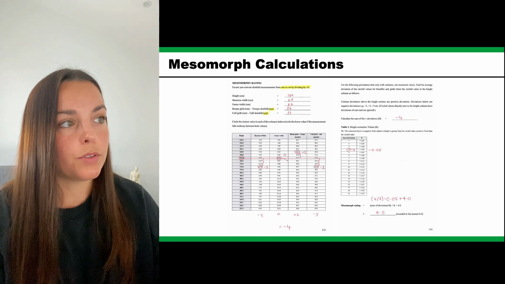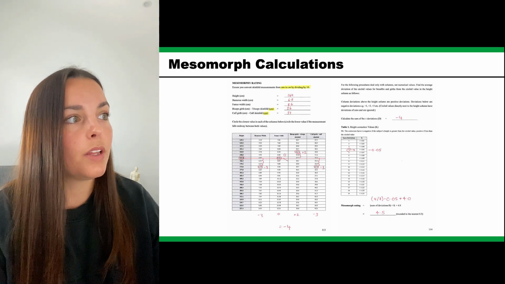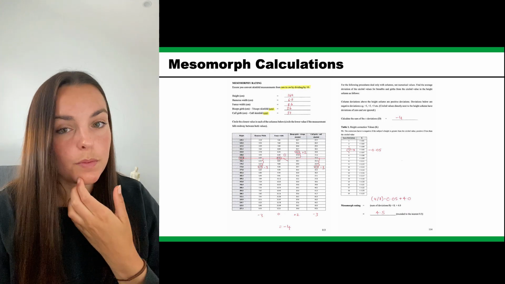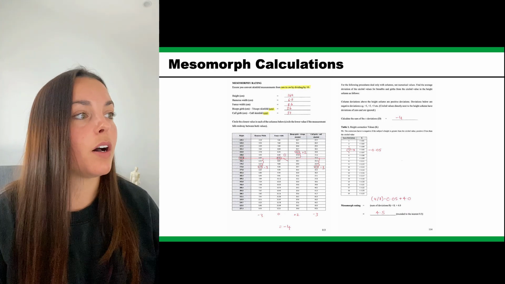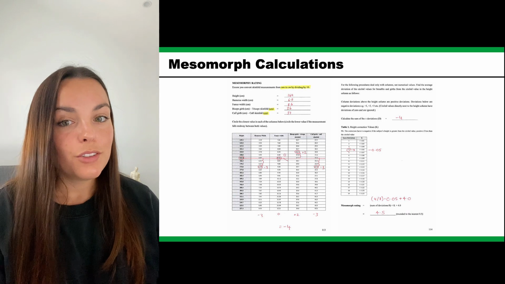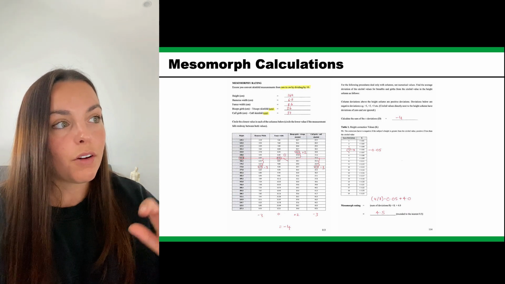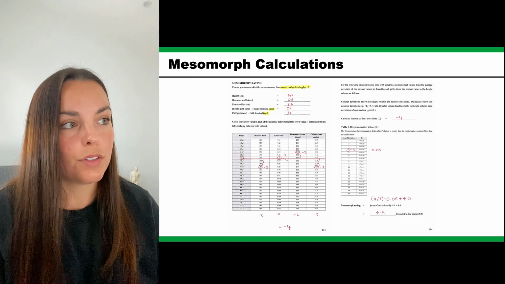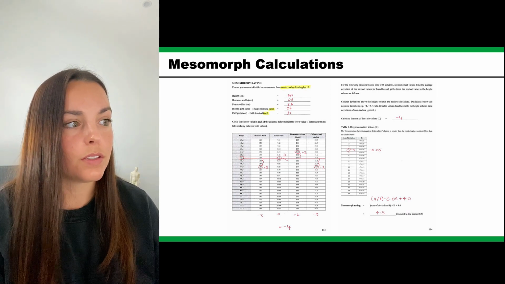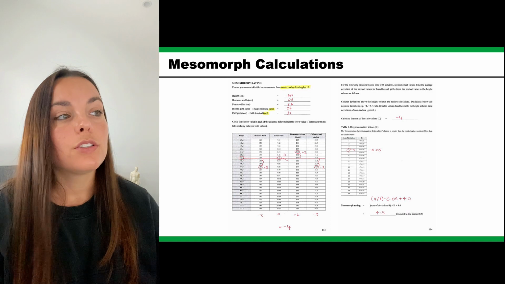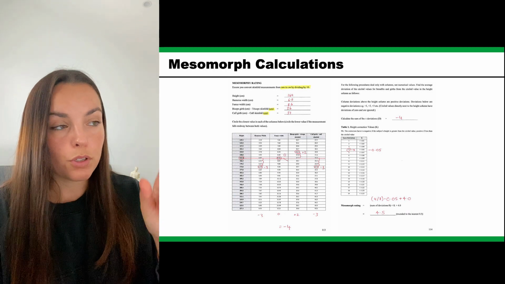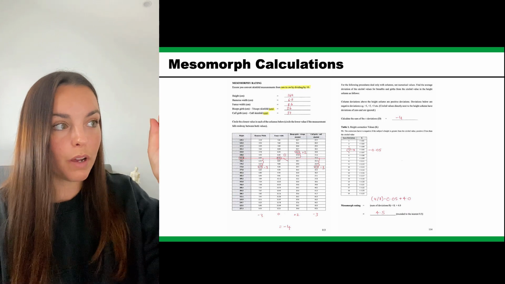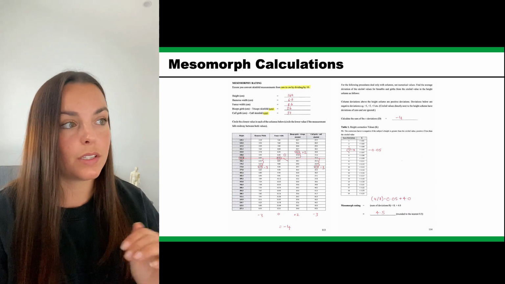So you can see I've circled the humerus width, the femur width, and then I've circled the bicep girth minus the tricep skin fold, and then the same for the calf as well. Once you do that, you then need to count how far away those circles are from that line that you've drawn across from the height, and this will give you the deviations. So if the circle is below the line, it's a negative number. If the circle is above the line, it's a positive number,